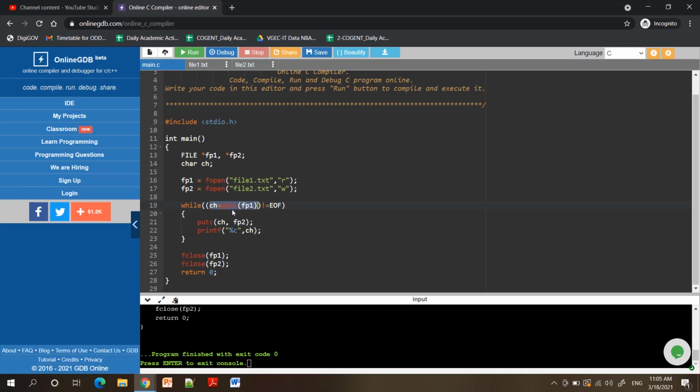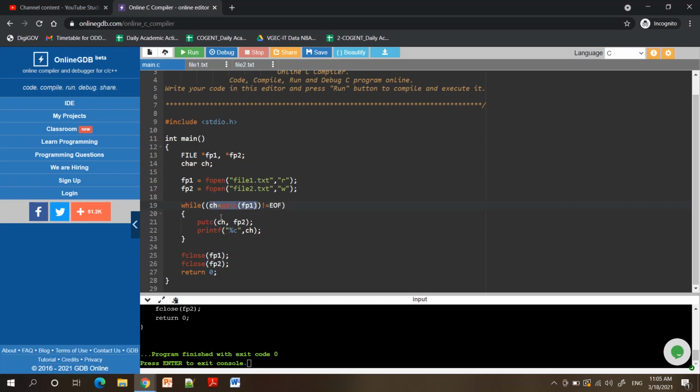So getc will be reading from fp1, and fp1 is what? file1.txt. Whatever content it has read, a single character, will be stored in ch.